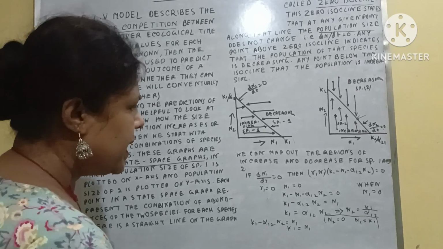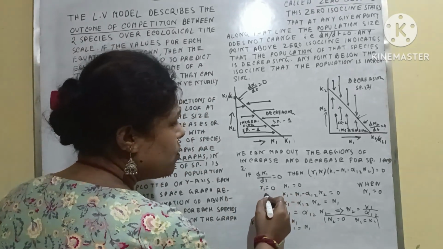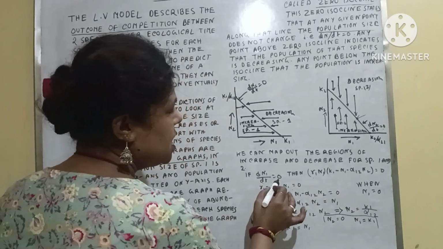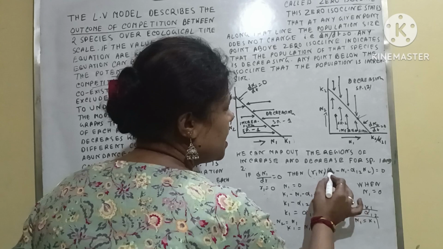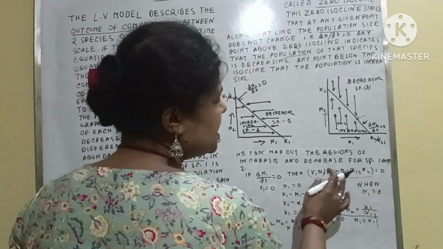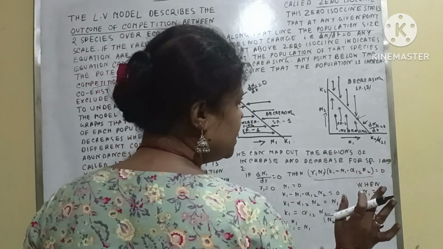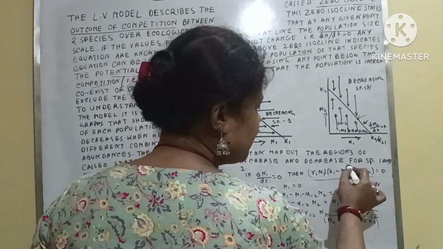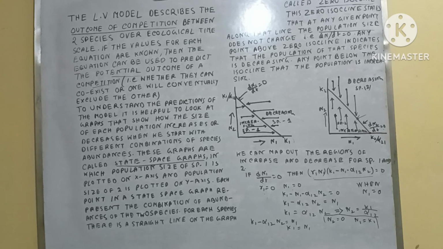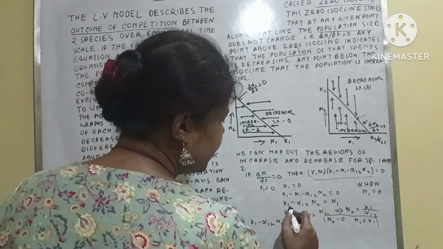Okay, again I repeat how this occurred. Suppose r1 and n1 is 0. How? r1 n1, if dn1 by dt equals 0, so that means this value becomes 0. So if this value becomes 0, then there is a multiplication sign, so you can put this to the right side, and at that time this number becomes 0. Okay, so if this number becomes 0, you can write this equation in that way: